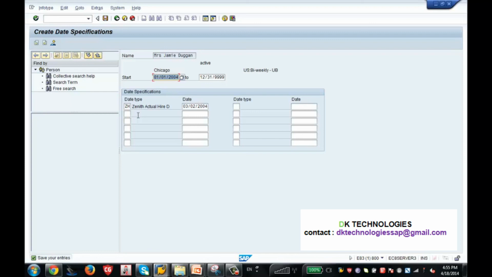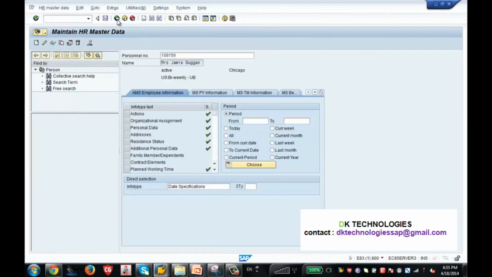The reason for using info type 41 is that if there is a deviation in the dates, like a person joined the company today but is being given training, the business says, no, his actual hire date should be after his training. Those date types will be configured in the date specifications. I save it. I'll just come out of the screen.